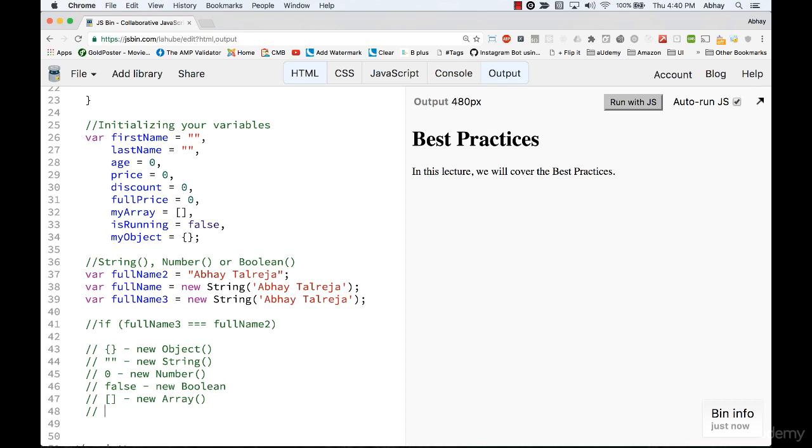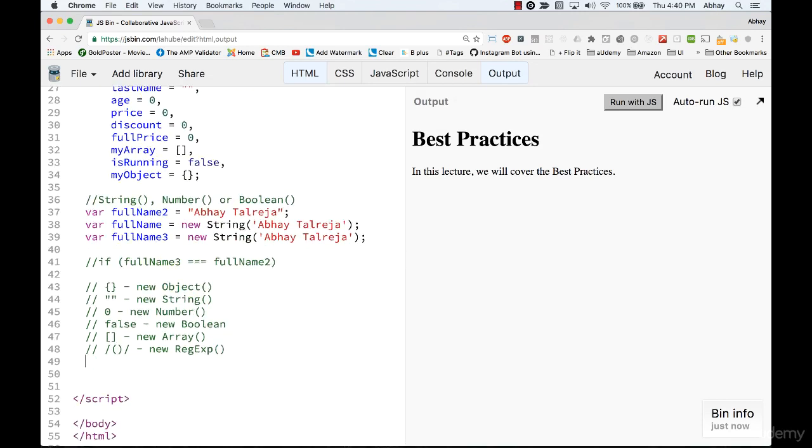If you have a regular expression that you need to give, make sure you do this as your default, not new RegExp. And of course, if you have a function, just do a function bracket open close instead of new Function and then anything in it. So make sure this is a ground rule for your